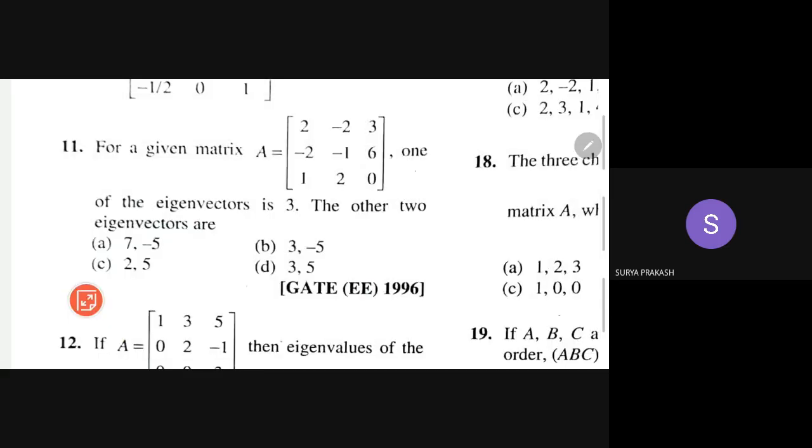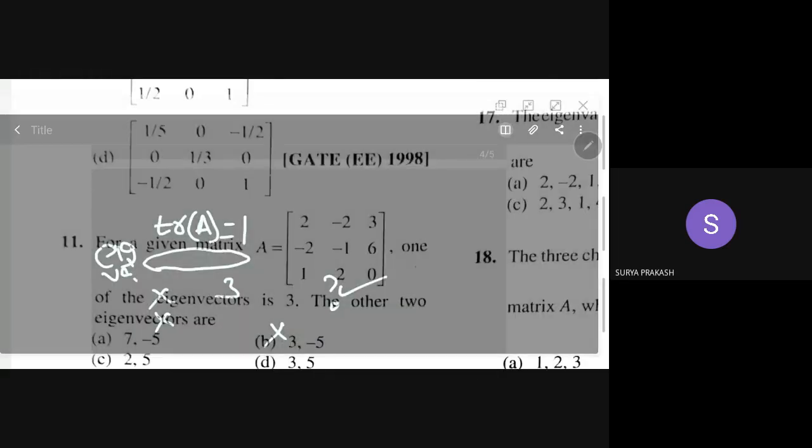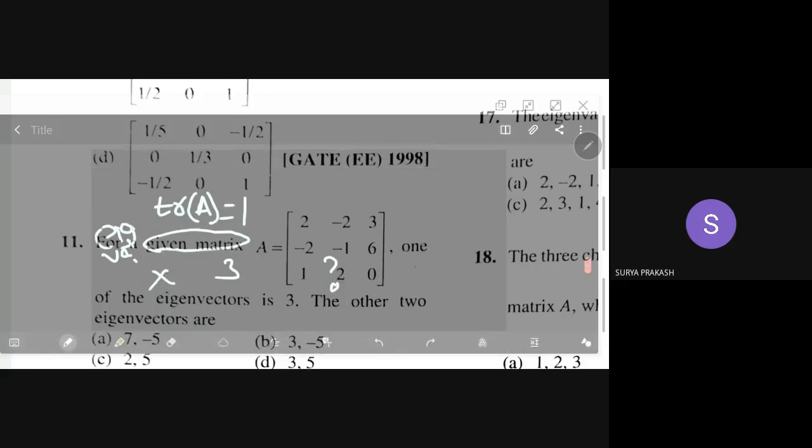Yeah, good. Now it comes. So here the principal diagonal elements. See, these are the principal diagonal elements. 2 plus minus 1 plus 0, that is trace A. See, that is what I have given. Trace A is here, 1. Now, one eigenvalue is given as 3 already. So, 3 plus something you have to fill here, plus something you have to fill. So, you need to get that as 1.